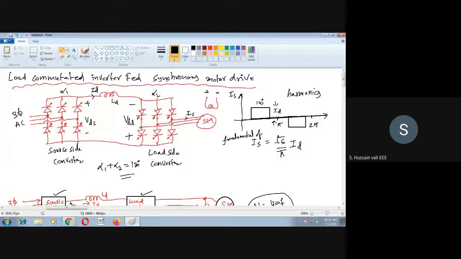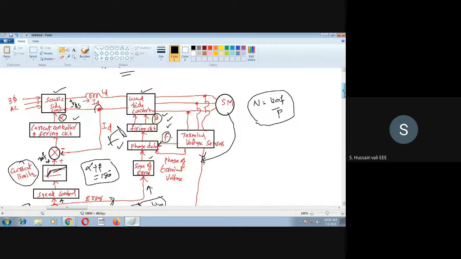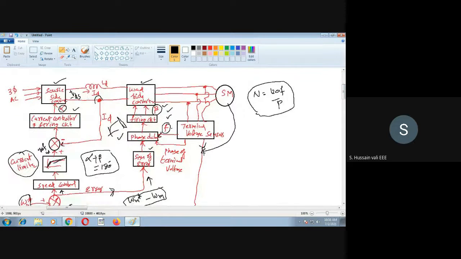Now I told you already, this power circuit is very much the same as your induction motor. There also you got a similar kind of circuit diagram, but the difference is that the feedback path is different. Why is the feedback path different? Because the control of the induction motor is not the same as the control of the synchronous motor. So there the parameters are different and here the parameters are different. So based upon those parameters, your feedback circuit will change.